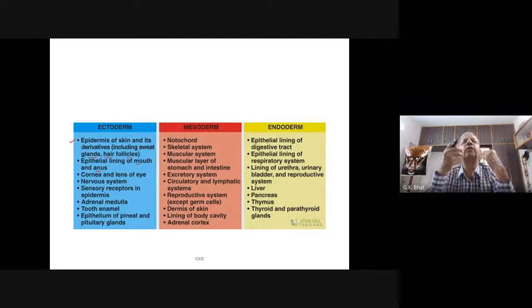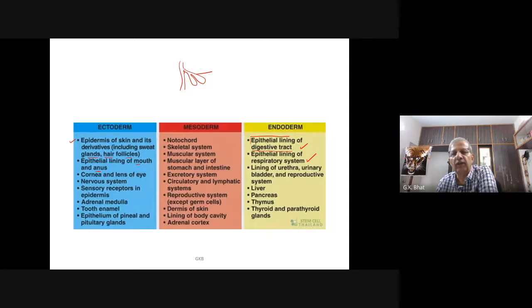Whatever remaining, right from the pharynx up to the large intestine, the entire epithelial lining of the digestive tract is endodermal derivative. Remember, right from pharynx up to the large intestine, it is an endodermal derivative. Then, you must know, from the esophagus our lungs arise. The respiratory system arises as an outgrowth of the esophagus.